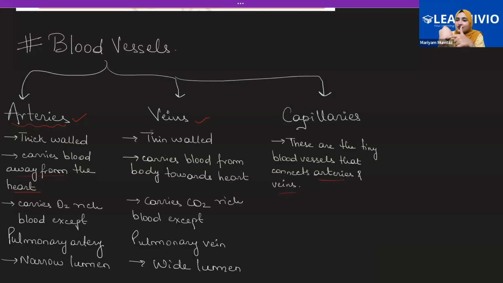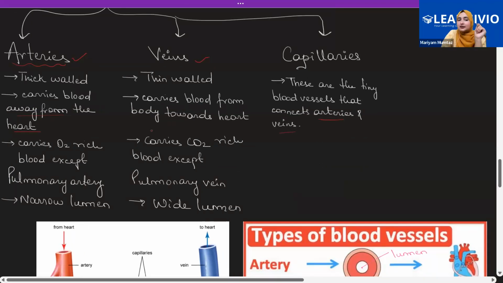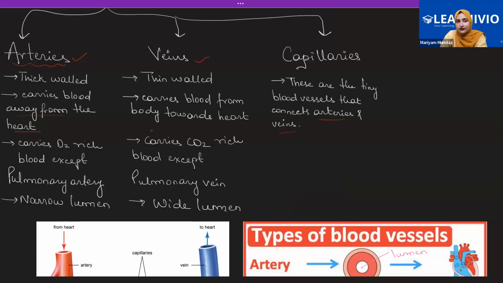The ones that you see over here, students, what is it? Is it artery or is it vein? Veins. Always remember that the veins are superficially situated. They're not very deeply situated. But we cannot see our arteries because they are very deeply situated in our body. Arteries carry the blood away from the heart, whereas the veins bring the blood towards the heart. And you know that all the arteries are responsible for carrying oxygenated blood, except for one, that is the pulmonary artery. Whereas all the veins are responsible for carrying deoxygenated blood, except for one, and that is